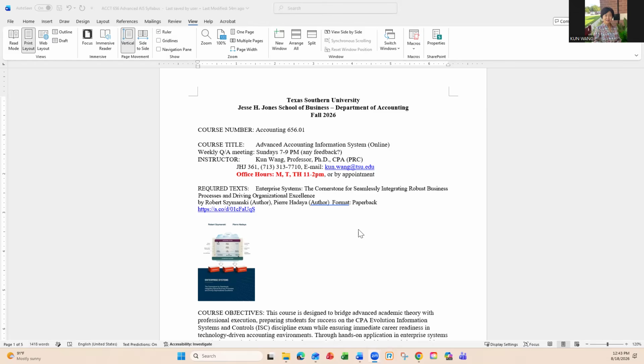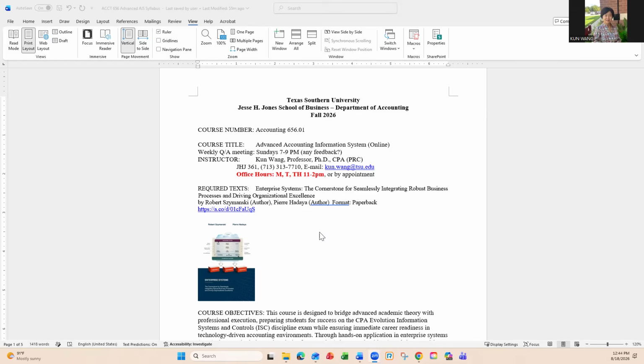So rather than, as accounting people, trying to capture the transactions and make journal entries manually as we teach in the classroom, this is a totally different environment for how accounting and finance are managed and the data are reported. We'll get into the details of each step when we roll out the learning gradually in the semester.